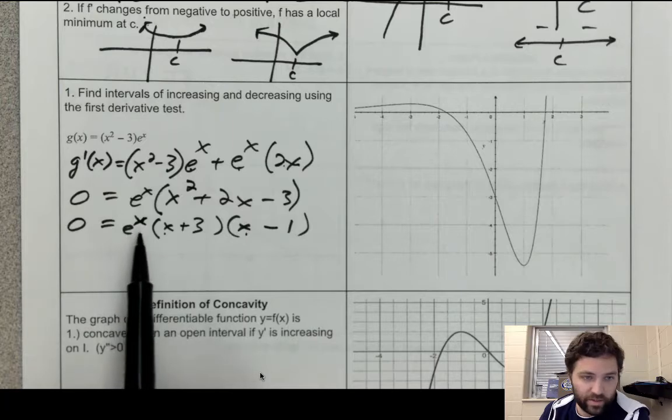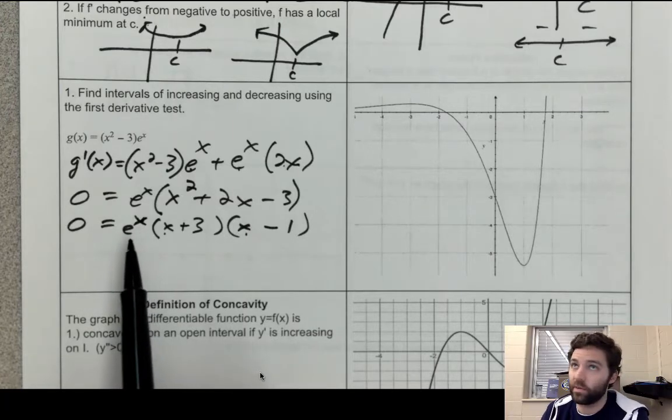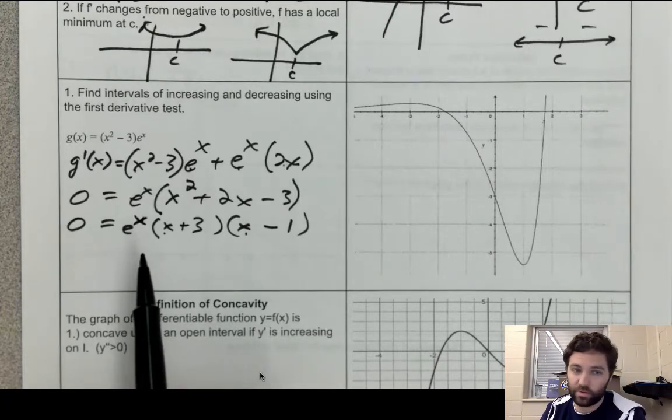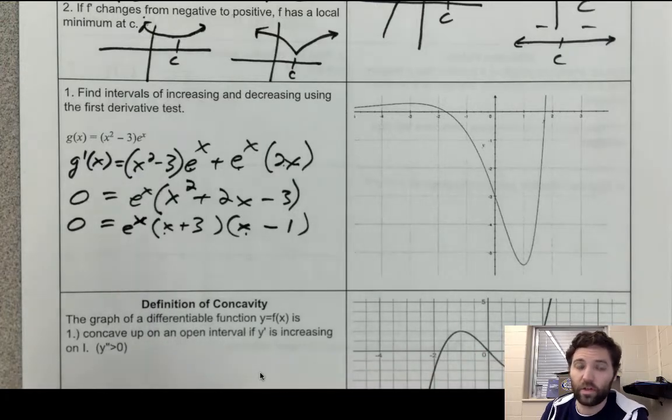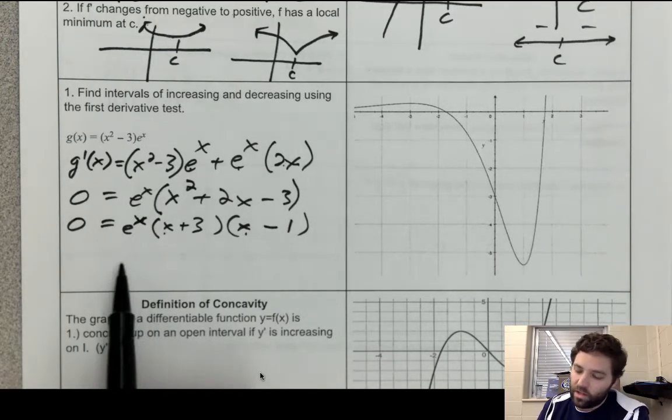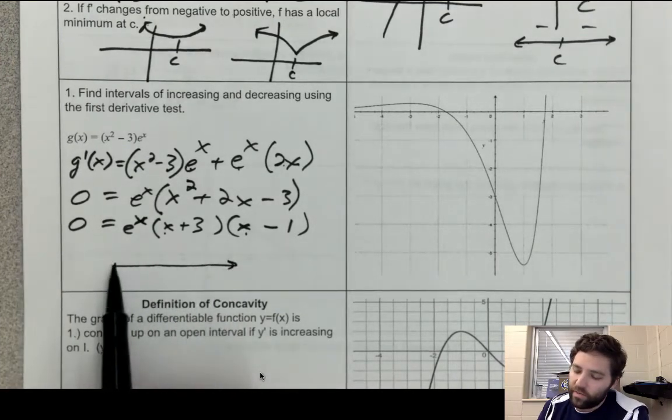And then when is e to the x 0? Well, if you do a little bit of work on that, you'll find that it's never equal to 0. So you either think of the graph of e to the x, or you can actually try to solve that equation. You'll end up taking the natural log of 0, which doesn't exist. Anyway, our two critical points then are going to be at -3